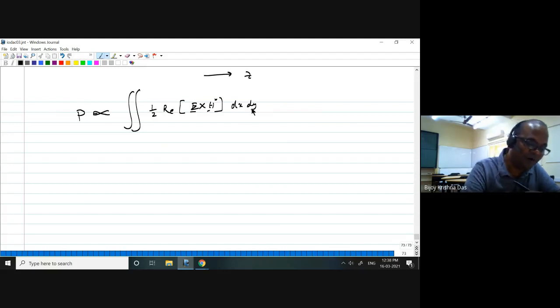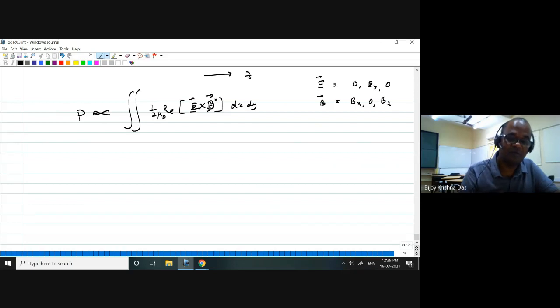And now we know the power is actually propagating along the Z direction, but E and H are vectors. Though in this example we have only the Ey component of the electric field. And instead of H, I can write here mu 0 and maybe write B, because we are just talking about B. Mu I just multiply outside. And then we can write B equal to Bx, 0, Bz. So I have the E field component Ey, the magnetic field component this one, and these are vectors basically.